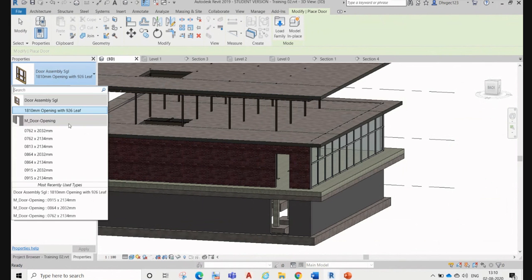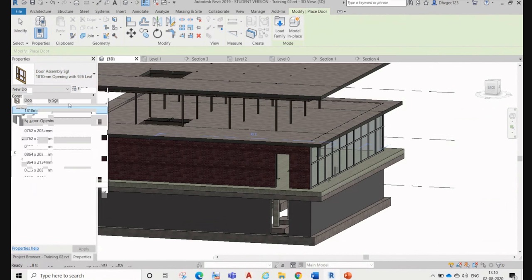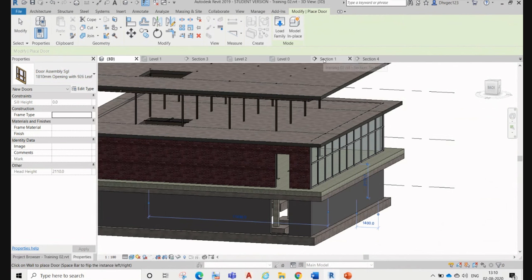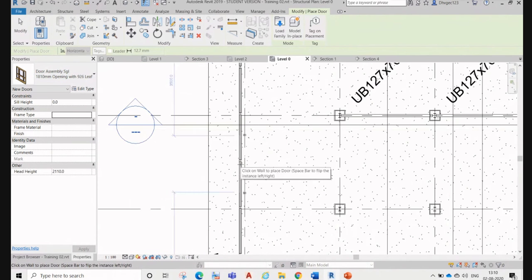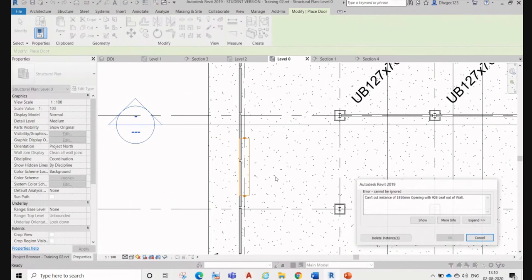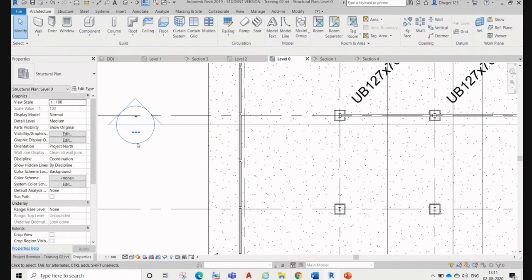Now you will see one more type of door over here. Now go to level 1, sorry, and try to put that door over here. For that purpose we have to stop our curtain wall at that location.